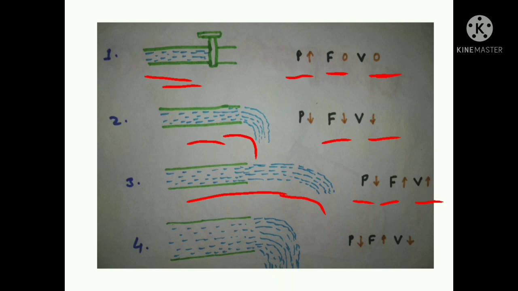Okay, now in the fourth condition you can see pressure is very low but flow is very high. You can see the pipe diameter is large and more quantity of water is passing through. That means quantity indicates flow. So here flow is maximum and velocity is minimum. You can see there is not much velocity in the water. Water is falling just close to the pipe. That's why velocity is low. So you can understand more through this picture what is pressure, flow and velocity. Okay,